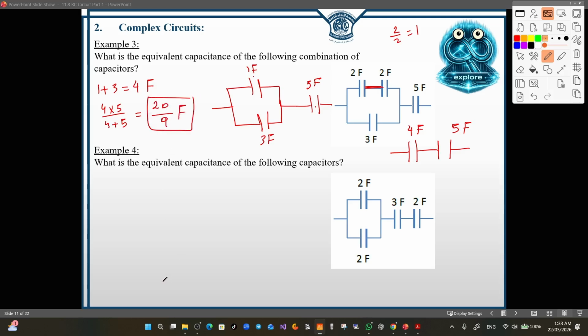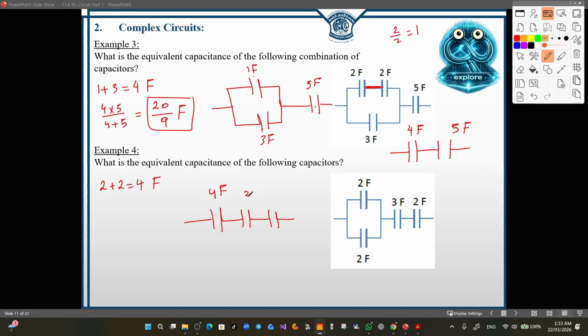Now example 4, what is the equivalent capacitance of the following capacitors? 2 and 2 are connected in parallel, and we find the equivalent of them by just adding them in normal addition. Now the system becomes like this: